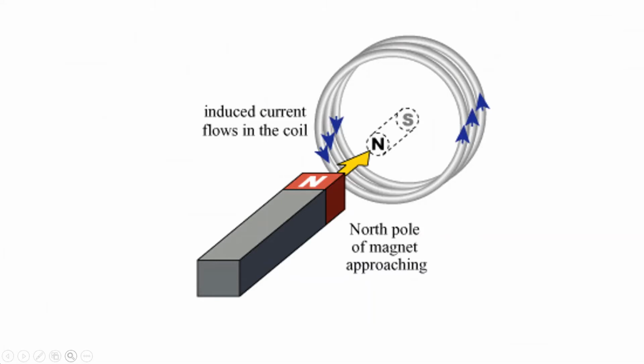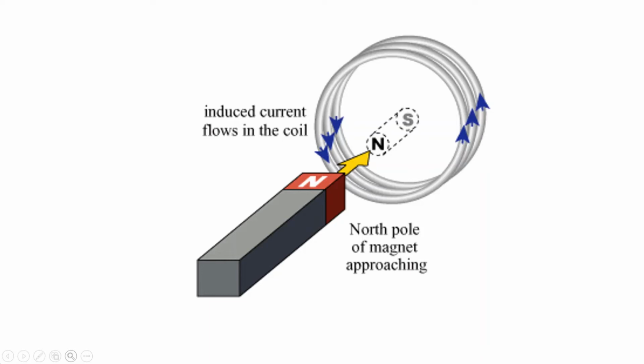We just saw that when magnetic lines of force passing through a coil change, current is induced in the coil. The current produced in the coil is called induced current. When will the induced current in the electrical conductor or coil be maximum? It will be maximum when the direction of the motion of the electric conductor or coil is perpendicular to the magnetic field.